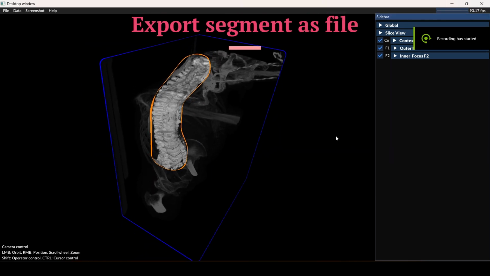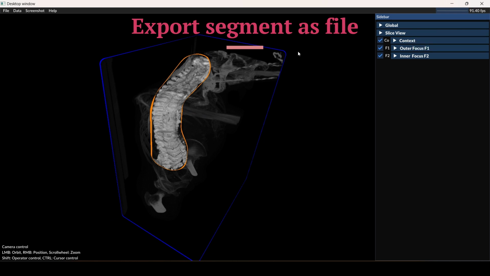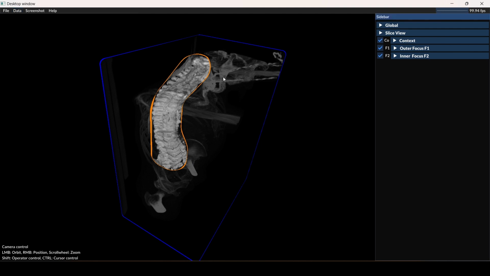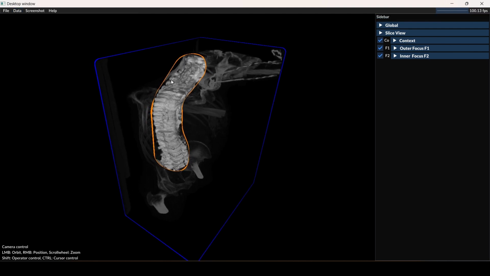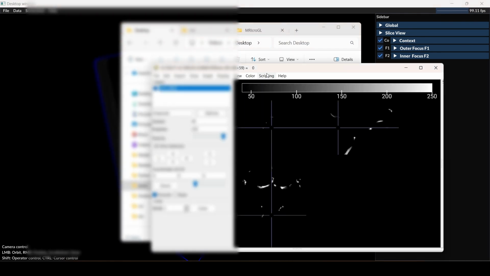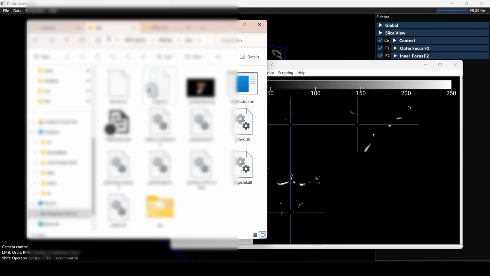Okay, so some other functionalities that I added to my application. Of course, you can load any data set that you want from disk as long as it's a NIfTI file format. But I added this functionality which saves everything within the focus as a new data set. So it will remove everything outside the focus. So if I now open this saved file